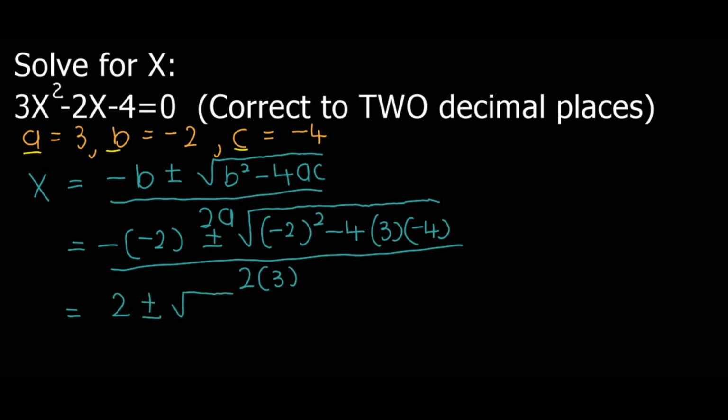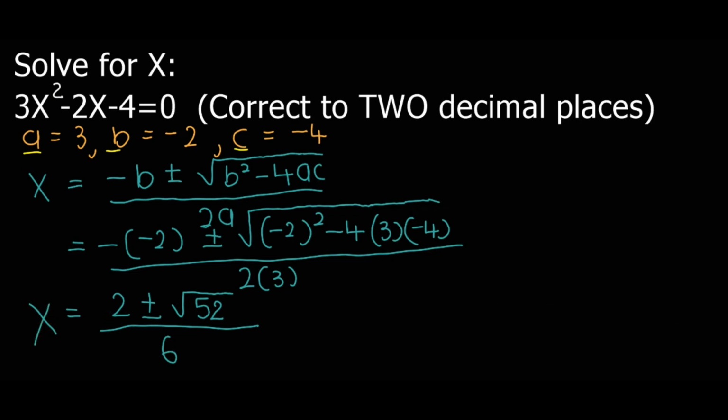and then from there press this part on the calculator. You have -2 squared, and then you have minus 4 times 3, and then times -4. So press this part on the calculator, and then when you press the calculator it will give 52. The truth is that simplifying this part is not necessary in your exam because it has no marks, so you press this part on the calculator, and then it gives this number, and then at the bottom 2 times 3 is 6,